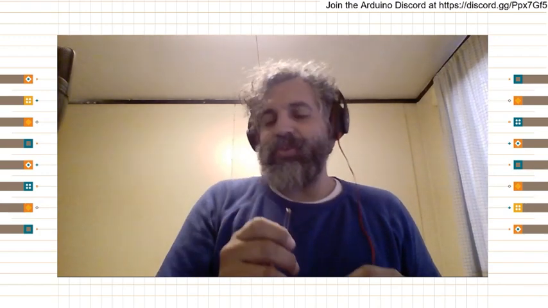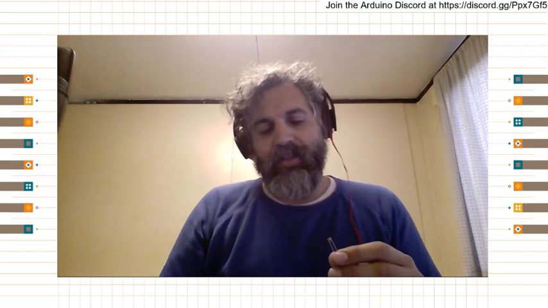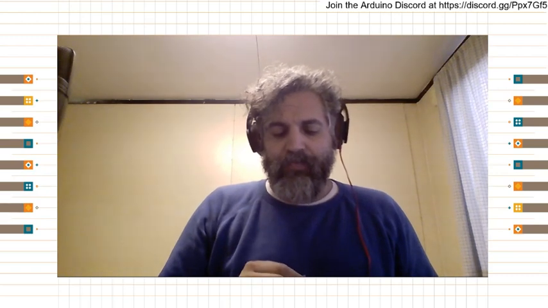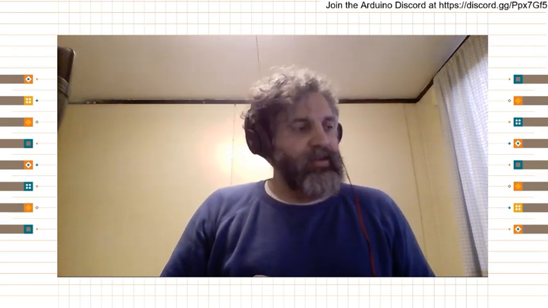As typically happens, I took this from a box somewhere and I have no idea what its value is. The property of an LDR is that it changes its resistance depending on the amount of light falling on it. It has a maximum resistance that could be between 2 and 5K or 10K. This one in particular, I don't know how much it is. Intentionally, I didn't bring the multimeter, so I'm just going to show you how I would do it if I didn't have a multimeter.